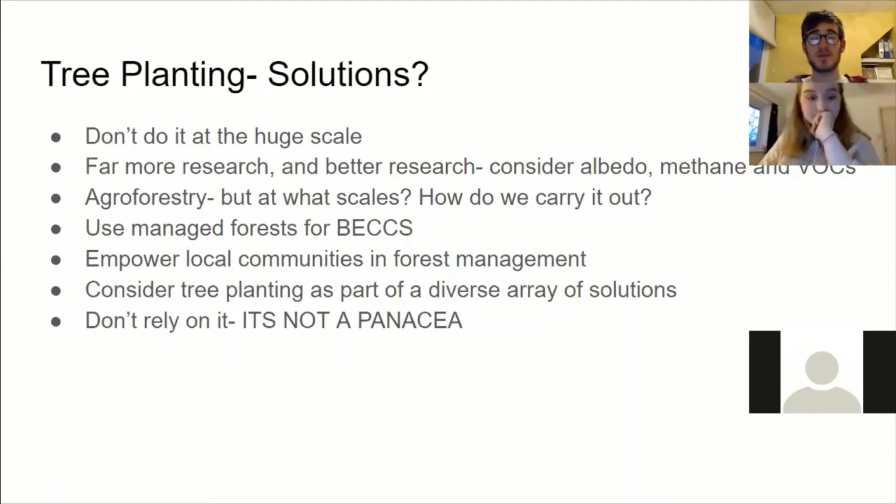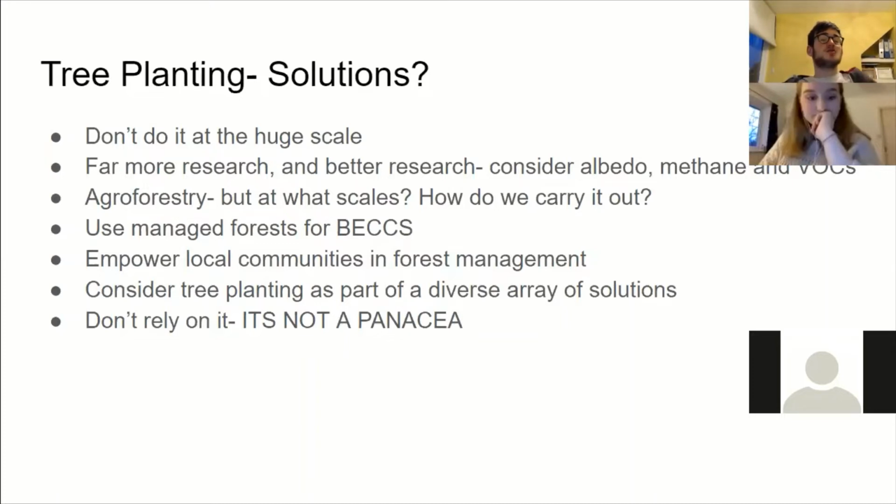This would also mean that tree planting wouldn't be used to steal land from them, because it would be the local communities in charge. But again, lots of governments don't like empowering local communities. So there's problems. I'm not saying that's a good thing, they're governments, but I'm just saying it's not necessarily sure that every government will do this.